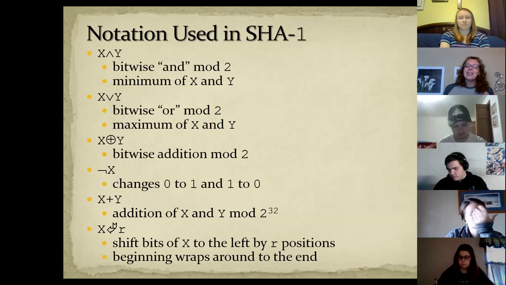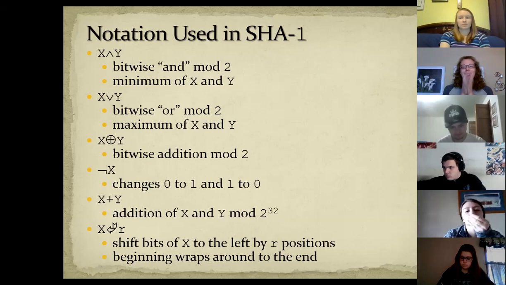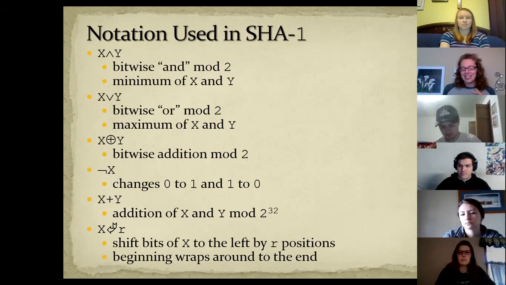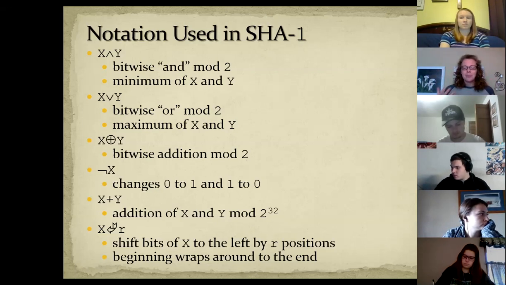My computer science people, what is the most common way to take a message with letters and put it into hexadecimal notation? What's it called? We know this. Maybe? Are you talking about just ASCII encoding? I am talking about ASCII notation, yes. So ASCII notation, ASCII, and I looked it up once and I don't remember what it stands for. So there's a protocol, right? There's a protocol for taking a message and turning it into hexadecimal notation.